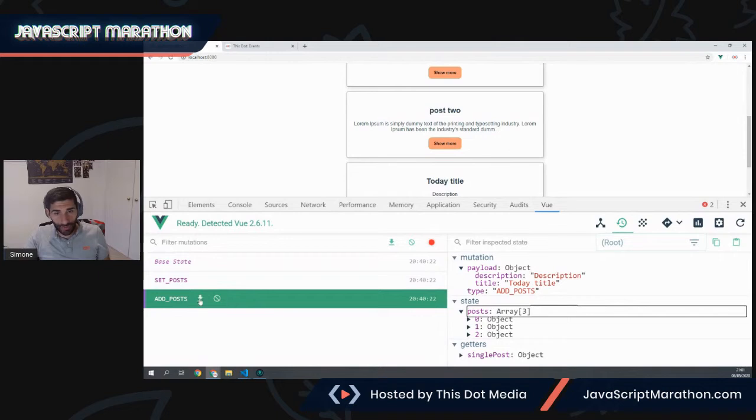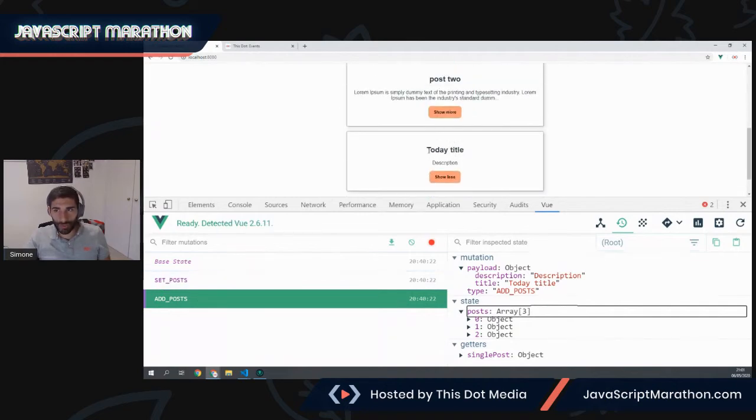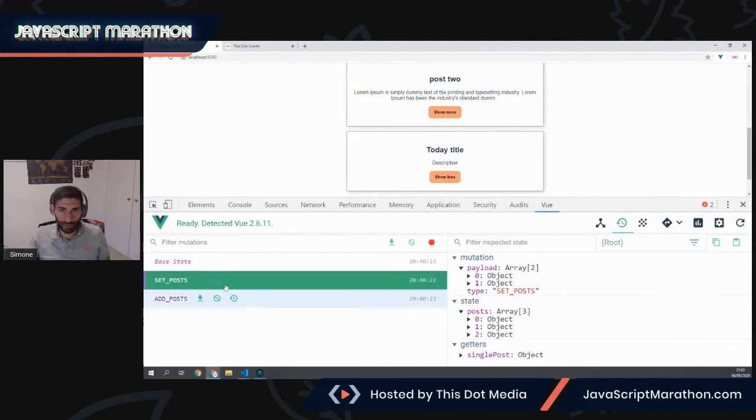So if you can see here, it tells you commit this mutation. What that means is that if I go back here, for example, if you go up here, you can see that we've got 3 posts, one of which is called today description. If you go here and you click time travel to this state, it's going to remove this mutation. It's going to go back in time. So that means that our state will not have these changes anymore, and we'll lose the last information there. So if I go back here,